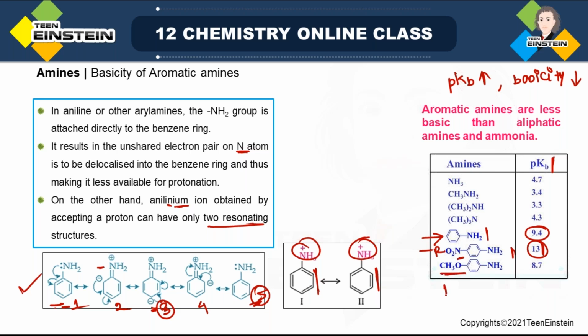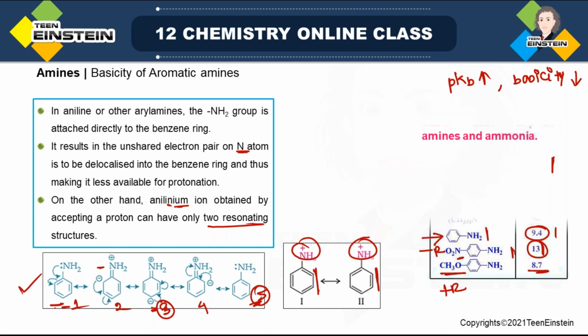Similarly, if you have any plus R donating group, and remember this is applicable only when that plus R effect or minus R effect is at the ortho and para position. So here we have para substitution. When it is a plus R effect, now it is 8.7, which is lesser than 9.4. That means para methoxy aniline is more basic compared to aniline. So when it is nitro substituted